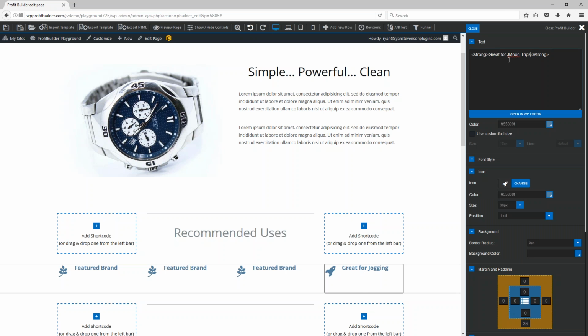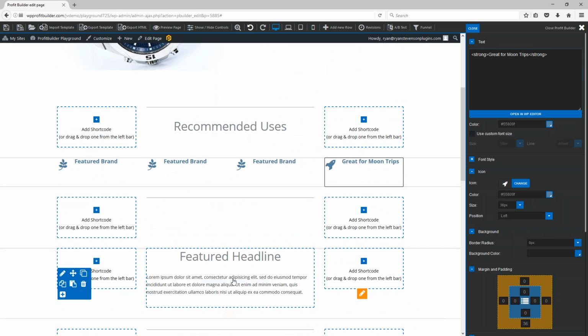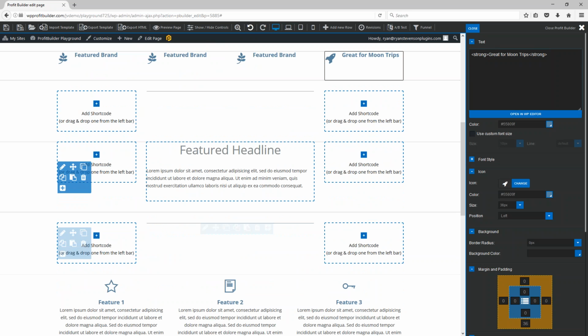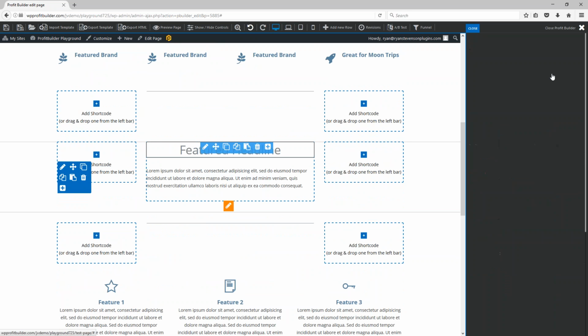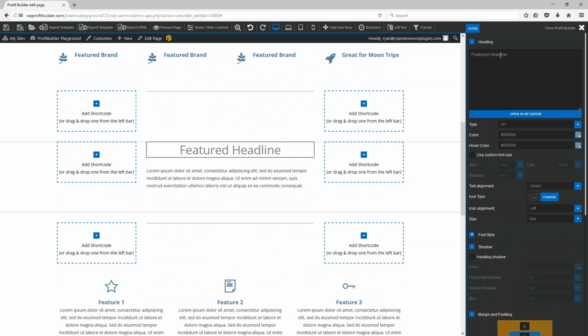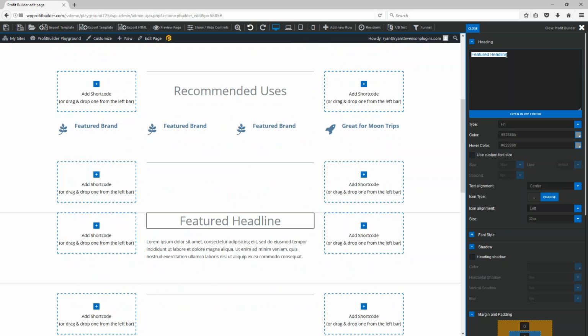So we will just use this as an example here. We could say that this watch is great for moon trips and put a little rocket ship icon next to it. So, continuing on through the rest of our recommended uses or something like that that we want to add on there. This featured headline, instead of being what it's presenting itself to be, like a featured headline where we're going to have all these different features that we're going to end up listing down below,